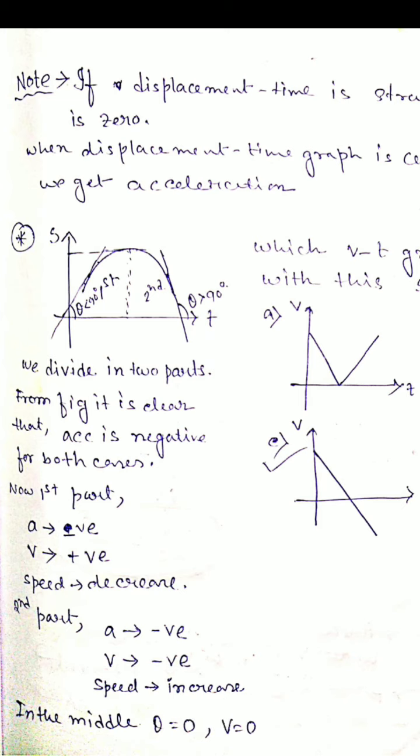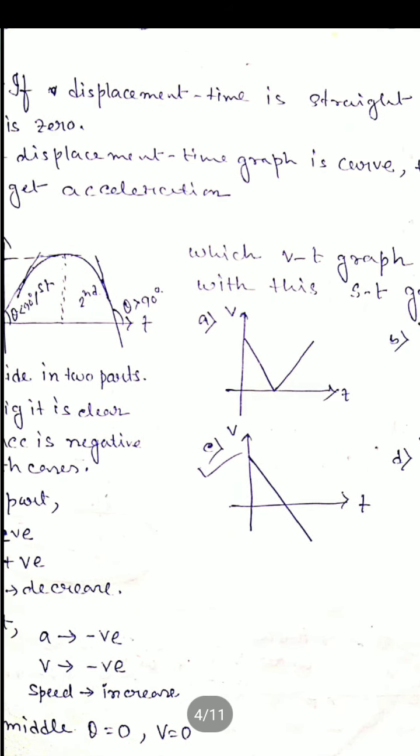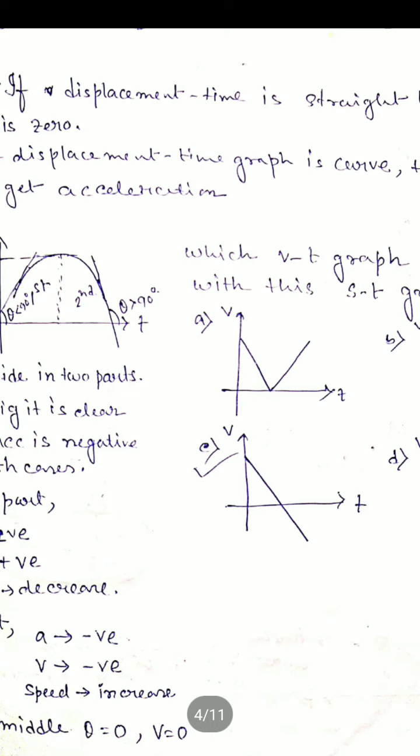Clear? First velocity decreases. Okay, speed decreases, then 0 at the t-axis, then it will increase in the negative region, because acceleration is negative. Why not the first one? In the first one also velocity first decreases, then 0, then it will increase in a positive direction, where acceleration would be positive, but it is not, acceleration is negative for both cases.